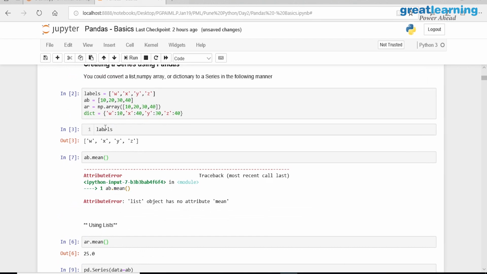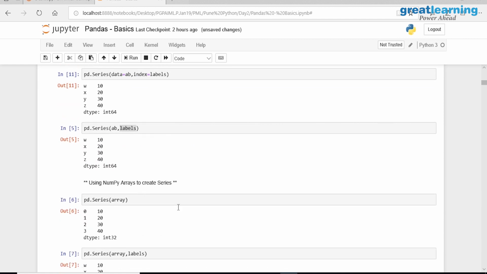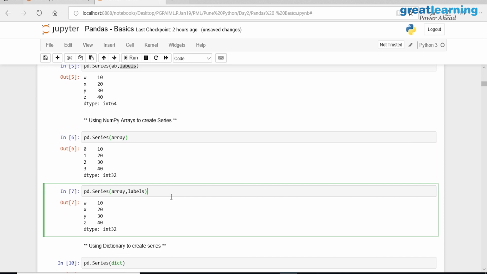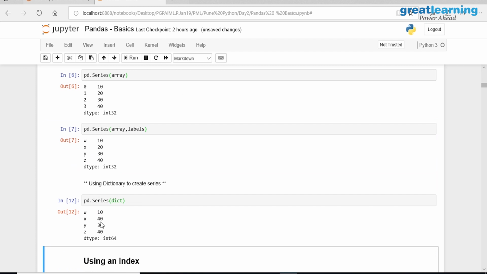If I have a dictionary here, see, what is the advantage of a dictionary? You already have a key and name. Can I convert this dictionary into a series? And automatically it is intelligent enough to understand that keys are nothing but my indexes. So simply if I create a series based on a dictionary, it automatically created it. So if you already have a dictionary, it is easy to convert that into a series.